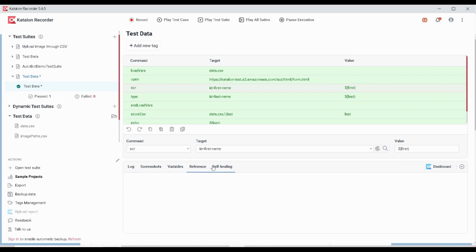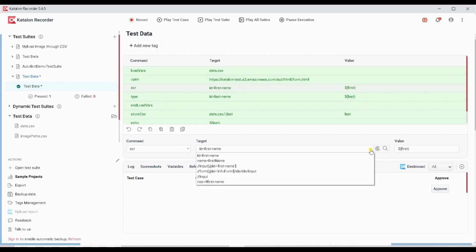And reference, as I mentioned already, self-healing is nothing but, as you know, let me click on this, and here if you click you can see multiple selectors, right? So Katalon is working like that. It will capture all the possible selectors of that particular field, and it will first try to identify using ID. Okay, so it is first trying to identify the element using ID. If it is not working, then it will go for the XPath, and at the end it will go for the CSS selector.